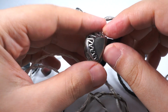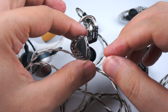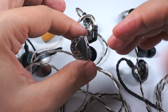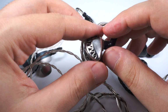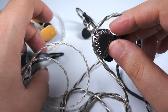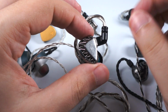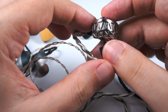In terms of sound, Unique Melody decided to make an almost natural signature with slightly accented lows and more accented treble. It's an interesting tuning that will give you nice balanced armature lows. They are pretty deep with good control, really impactful, a bit deeper than Kaiser ones, but a bit less accented than in Kaiser, and of course with good resolution, and also, traditionally for balanced armatures, a bit faster attacks and